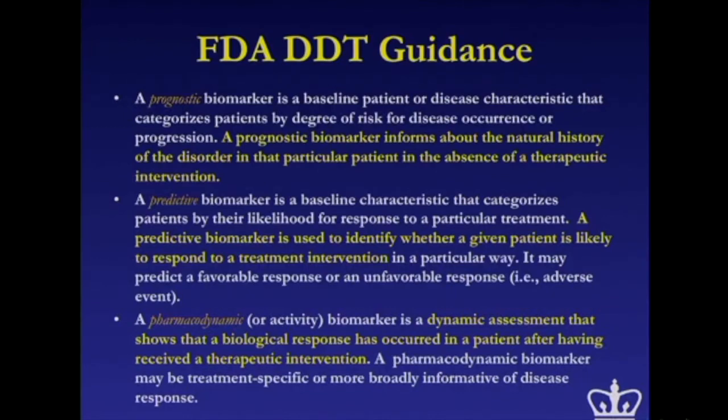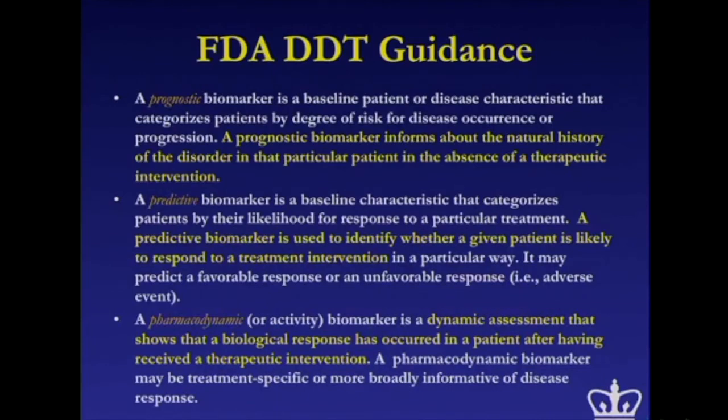Predictive biomarkers, on the other hand, are usually linked to a therapeutic. They tell you, I predict that this therapy is going to do well. So for example, if there's a woman with breast cancer, you want to know whether her hormone receptors are positive or not in that tumor, because then you will predict that anti-hormone therapy will work in that woman. Okay, I'll show you some examples later.